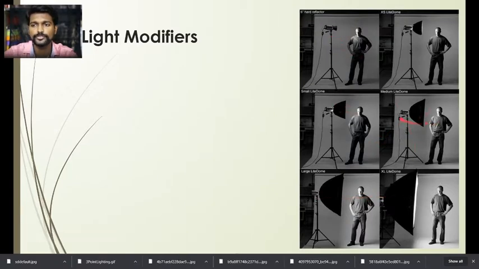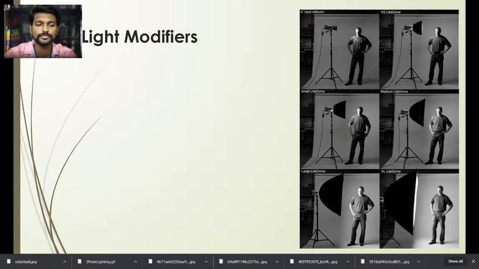The use of a modifier is that it will diffuse the light, split the light, or reflect the light, or it gives a soft light. It gives a key light, fill light. So any modifier can be used in these types of portrait lighting.